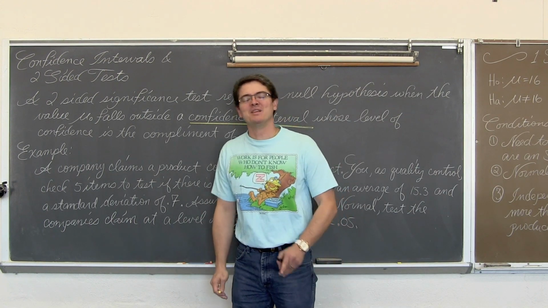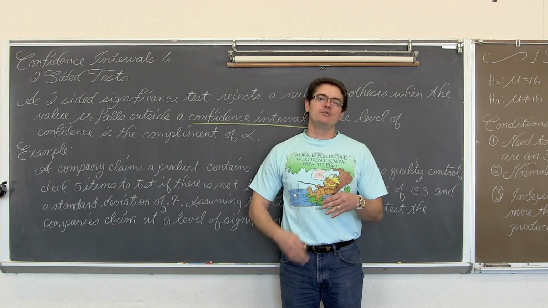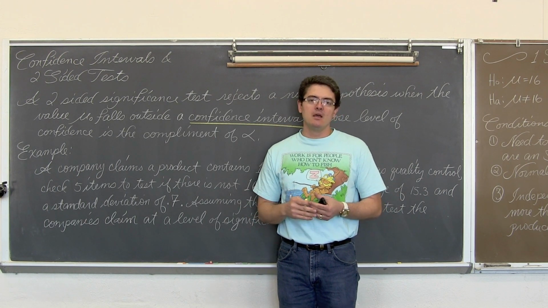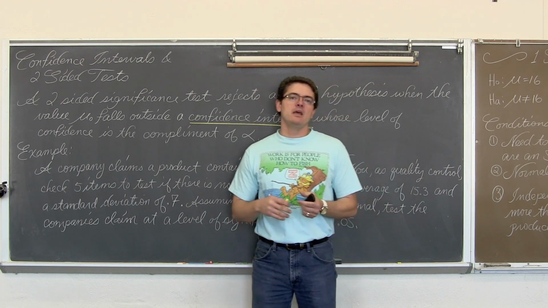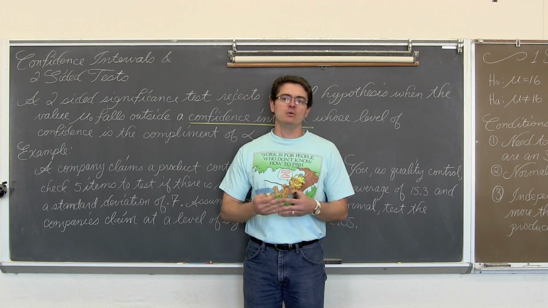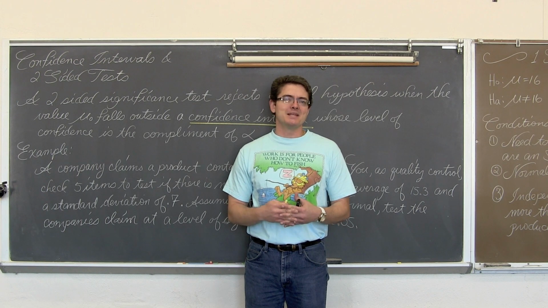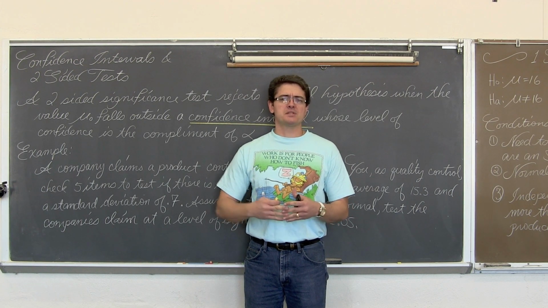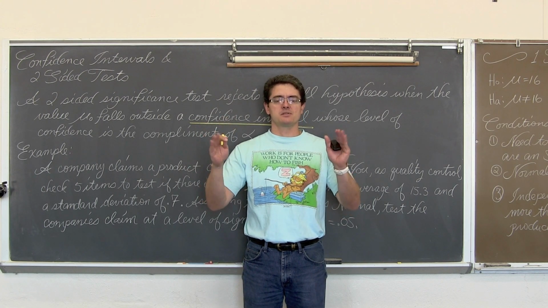Mr. Tarrou here. In this video, we are going to look at the relationship of the two-sided significance test and confidence intervals. When you have a two-sided significance test, that means that H sub A, your alternative hypothesis, is going to be set up as mu or p or x is not equal to a number. And thus, for those tests, you're going to account for the shading of both tails.